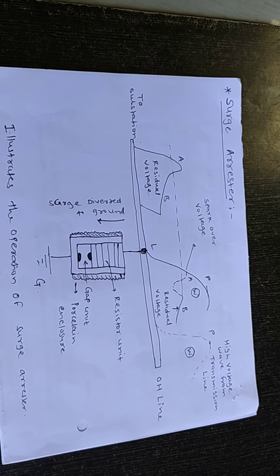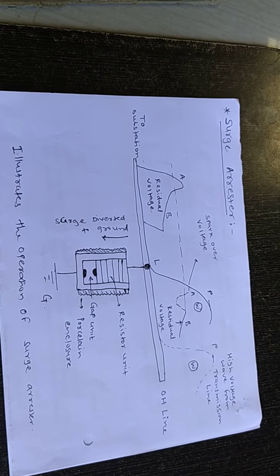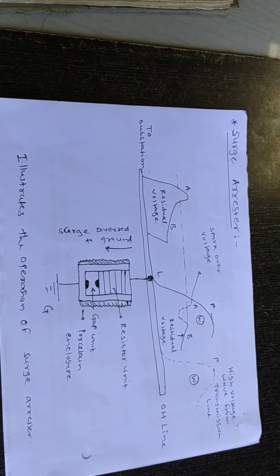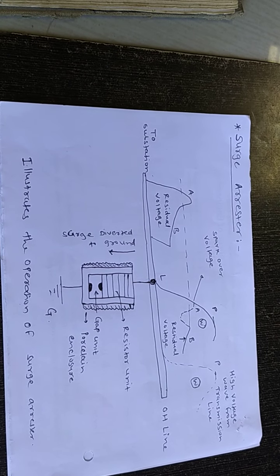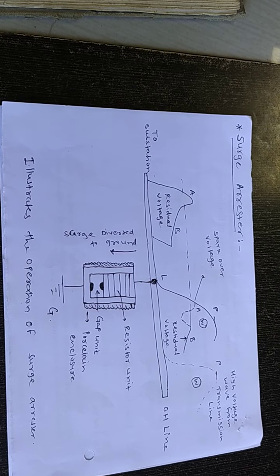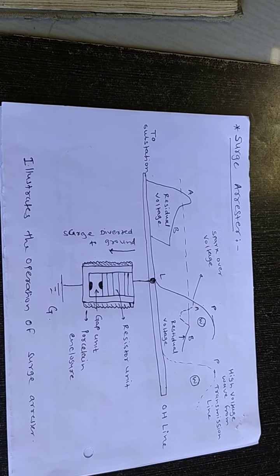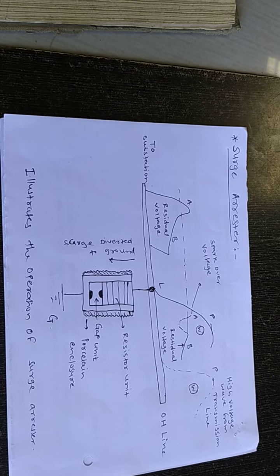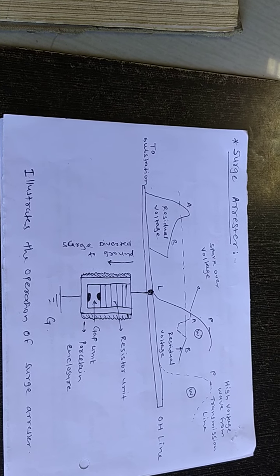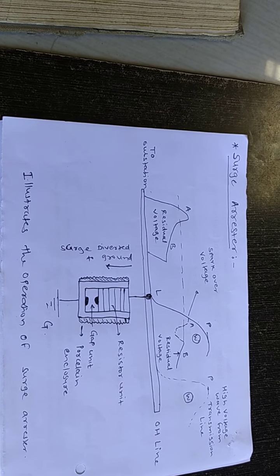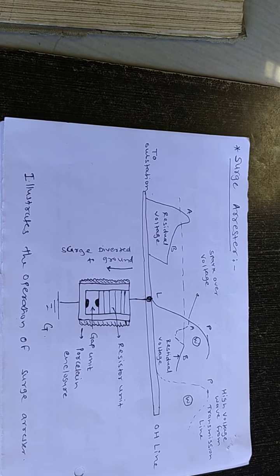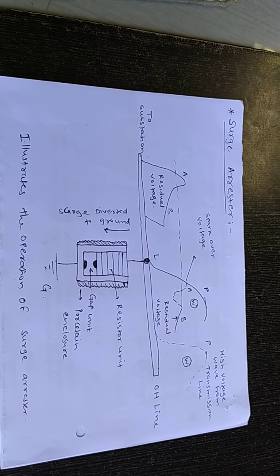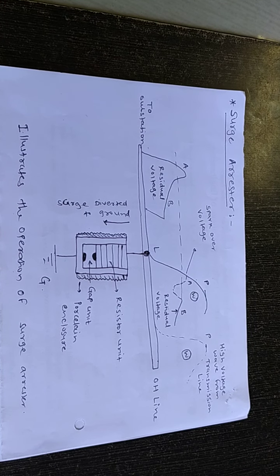After the breakdown, the voltage across the LA does not drop to zero as in a rod gap, because of the series resistor. The voltage across the gap remains at a residual value B for a short time. Hence, the line to earth voltage remains at the residual value during discharge. A portion of the wave proceeds further, but the peak and steepness of the wavefront are reduced. This is the surge arrestor overvoltage protection.